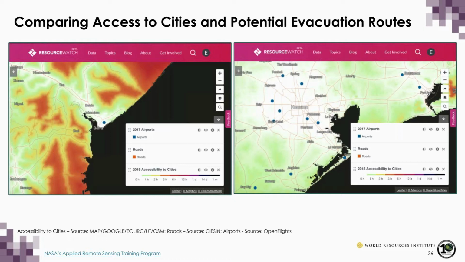So around the Beira area, there are a lot of really secluded areas that are hard to get out of. In Houston, everything is this really light color, meaning that it doesn't take you very long to move around and try to get out of a place if you need to. And you can also see Houston has much more connected roadways and it has many more airports if you're trying to evacuate when a storm is coming or send aid after a storm has happened.